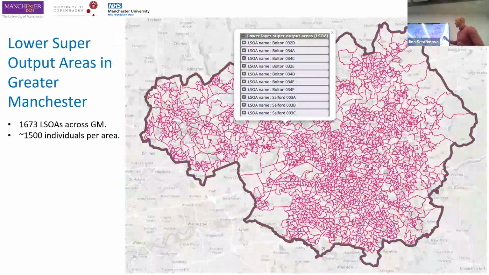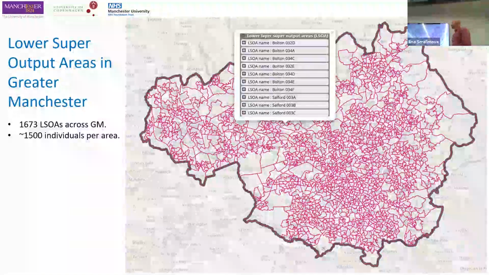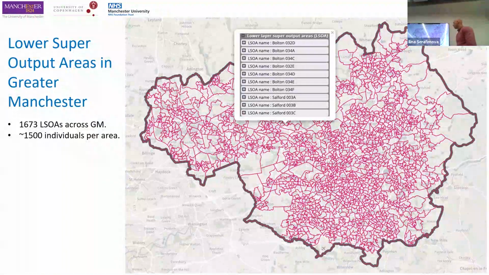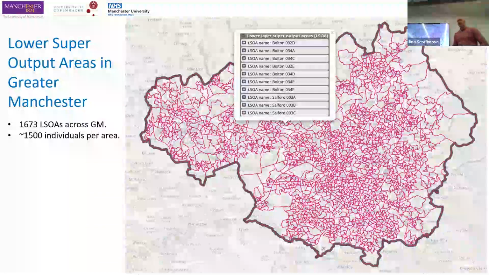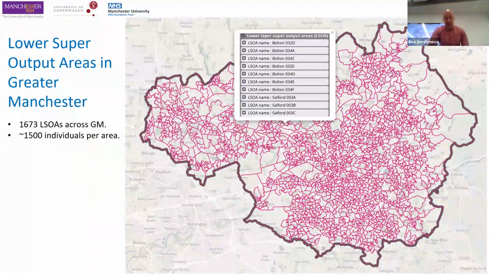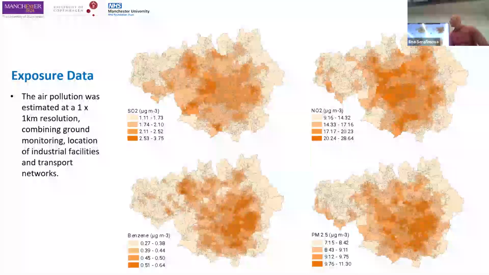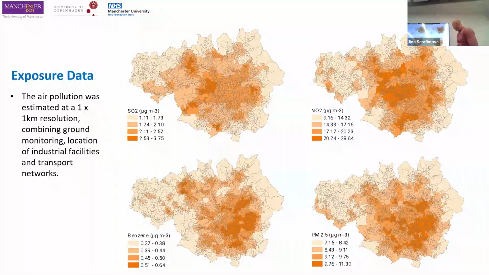So these are LSOAs in Greater Manchester. It's a very dense city, so it actually works quite well for an epidemiological study. Even though there are limitations of giving everyone in these LSOAs the same exposure, it's good enough when you're comparing it to other epidemiology studies around the world. This was our DEFRA data. These haven't come out very well on the slides, but you can see differences when you're looking at different